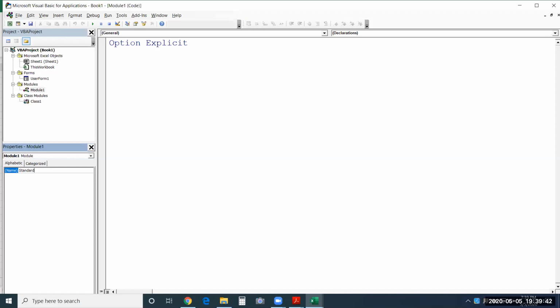Ma'am, you told us that we will not be covering the class module, but we can see the class module has now appeared in this Explorer. I'm working in this, showing you how it looks. We are not going to program in that. I'm telling you what happens with the class module. We are not going to work with it, is what I told you.